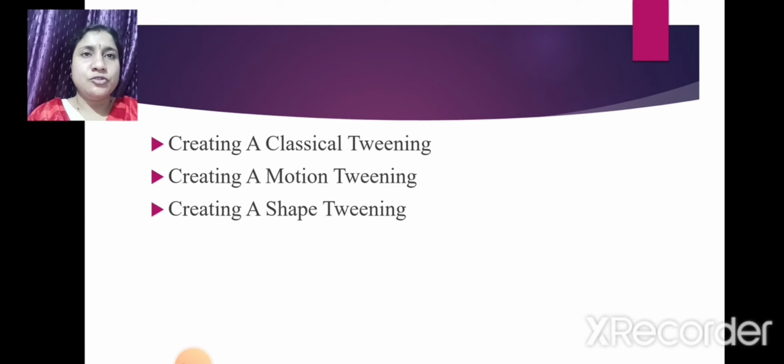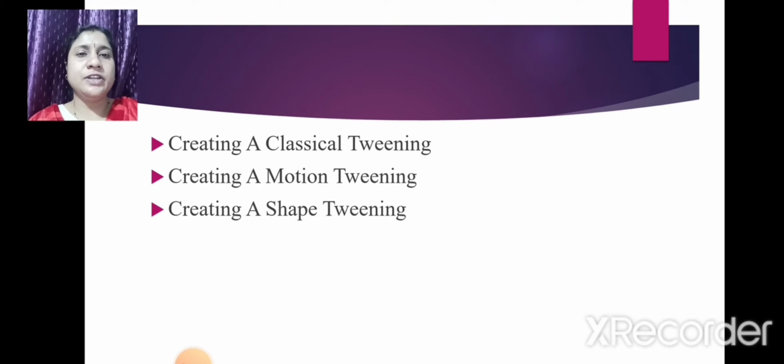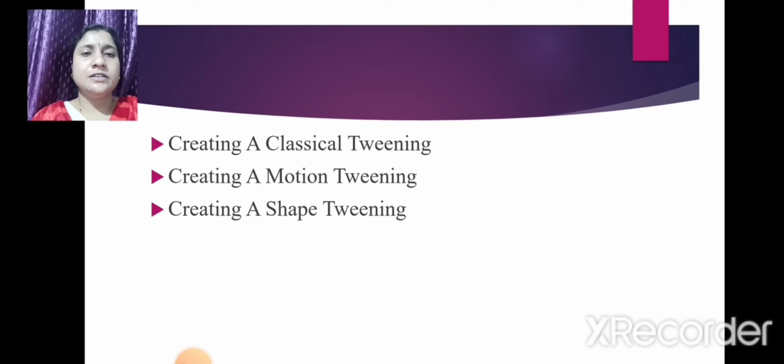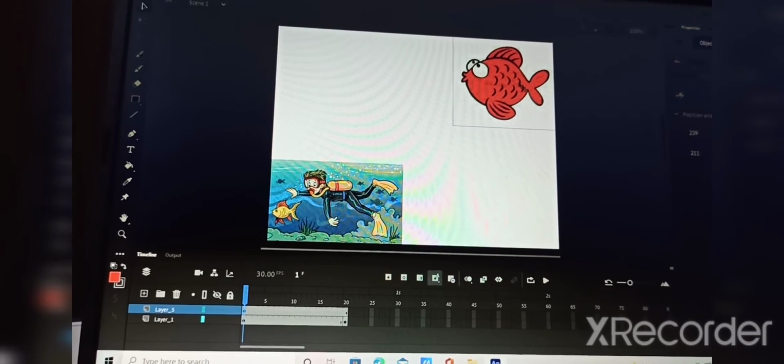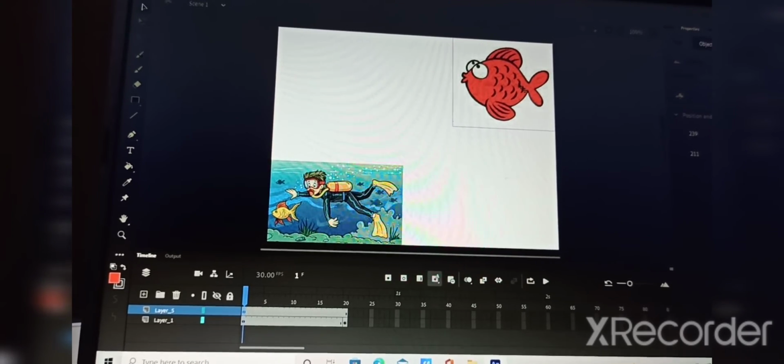So a motion tween allows you to easily animate the motion of an object. You can give the motion to the object. Getting this? That is how to create a motion tween. Now we will see it practically. Now we are going to see creating a motion tween. This motion tween is a feature that allows you to easily animate the motion of an object. It defines the location of the object in every frame, and you can create a motion tween which will automatically move the object from the beginning location to the end location.